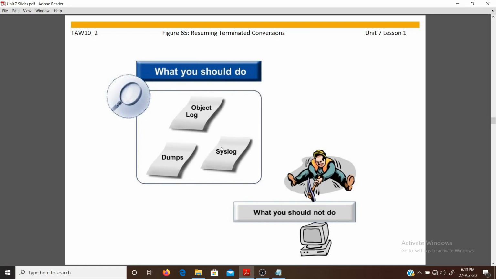When conversions are terminated, you can use either of 2 options in the database: continue adjustment or unlock table.